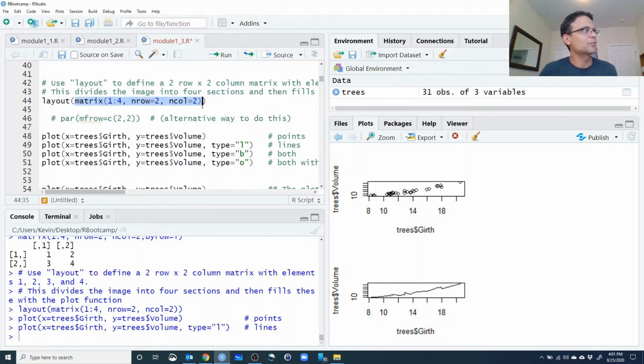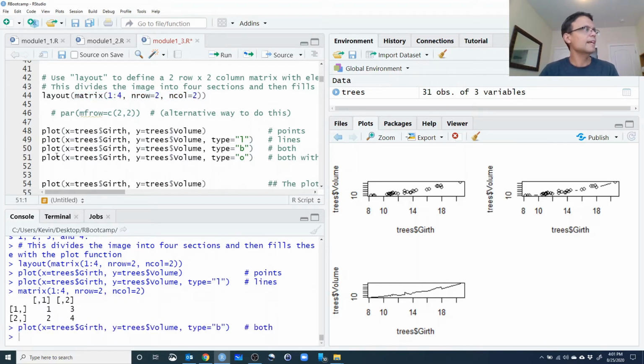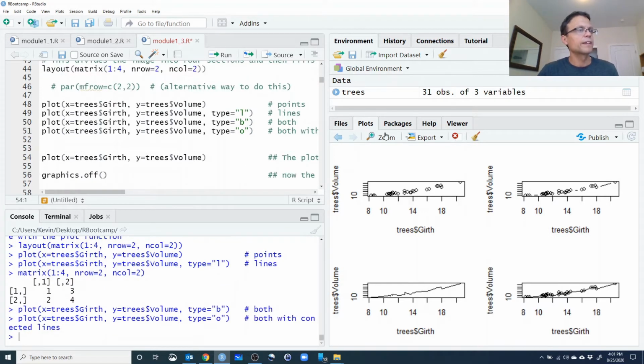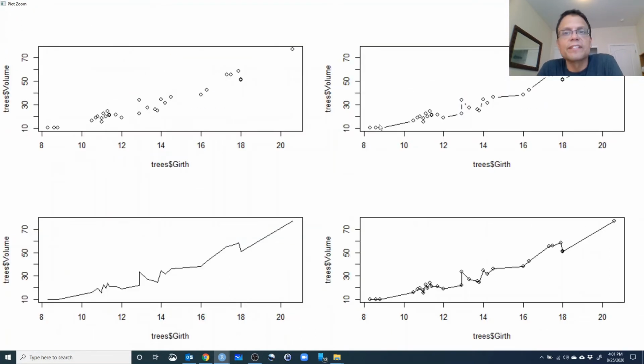Remember what that matrix looks like. So that's the second plot. The third one's going to go up here. And the fourth one will go in the lower right-hand corner. We can zoom in and see what this looks like. And we see that